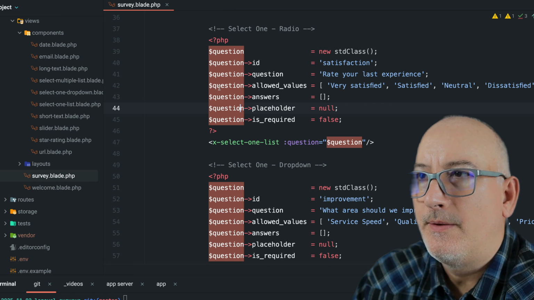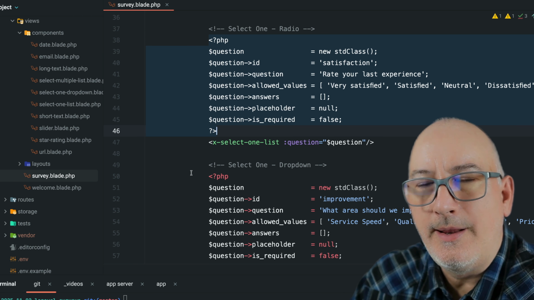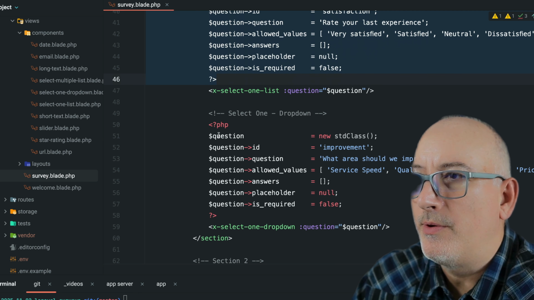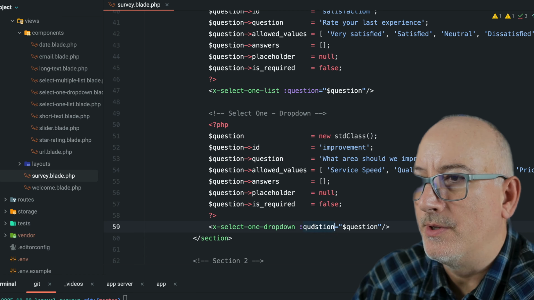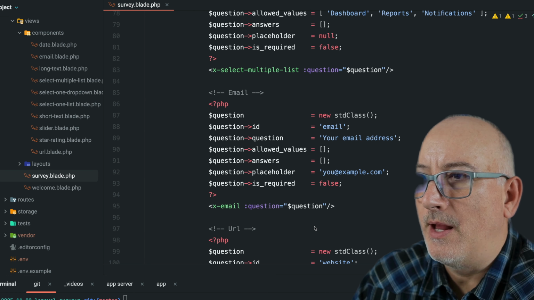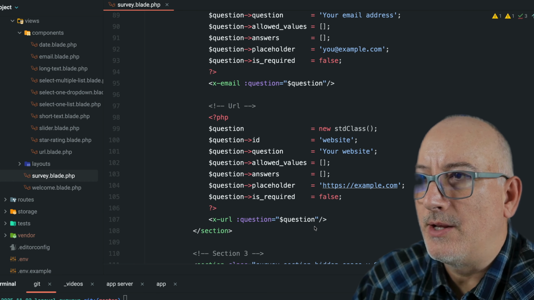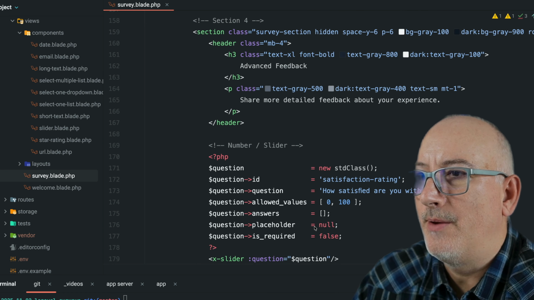to the component. Now this is getting a little messier in the survey, but we're going to work on that in the next video. But for now, we're pulling all of this data outside of the components, and we're injecting it in using an attribute. So I've done that through all of these questions. You can see that they all have their data now on the outside, and we're using a question attribute to inject it in. So if we scroll on down, we are going to finally end up where we're going to